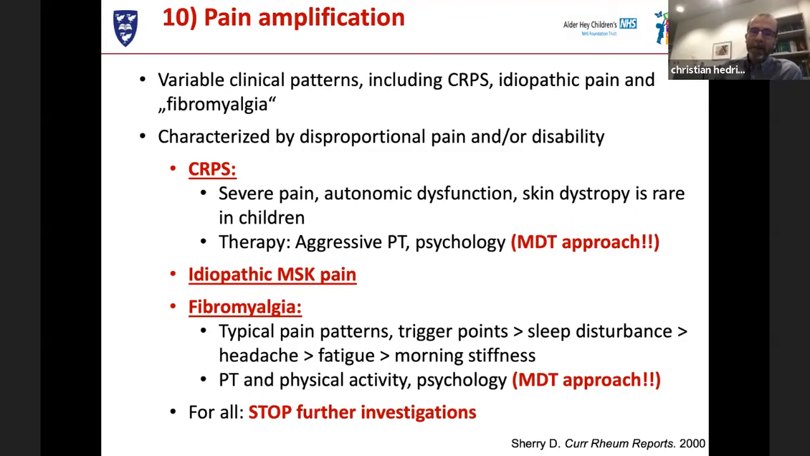And lastly, fibromyalgia is a diagnosis we don't make in childhood, but it could be made in individuals with typical pain patterns. Some of them have trigger points like in adulthood, sleep disturbance, headaches, fatigue, morning stiffness is even present in up to 10% of all patients. And also here, the multidisciplinary approach with physiotherapists, increased physical activity and psychology is key. And as soon as that diagnosis is made, further investigations need to be stopped and multidisciplinary approaches need to be